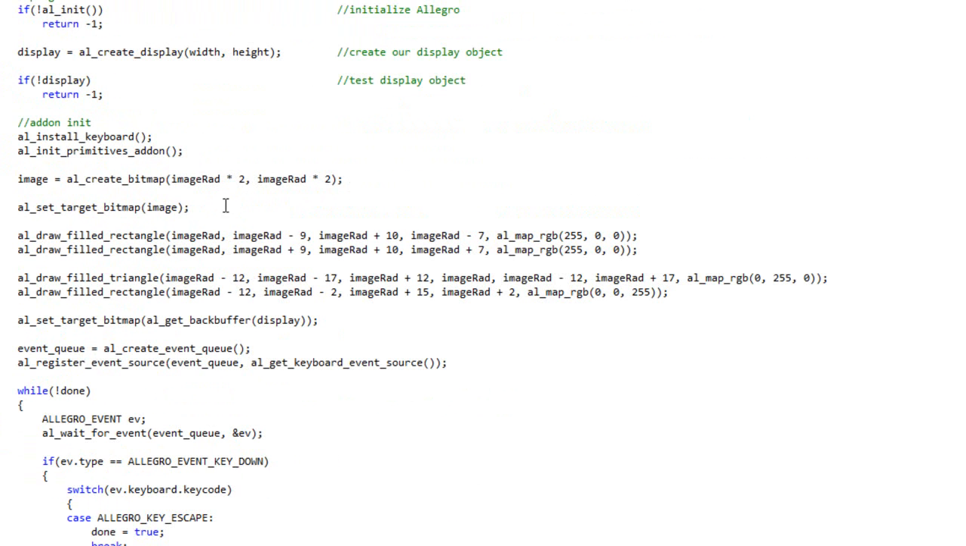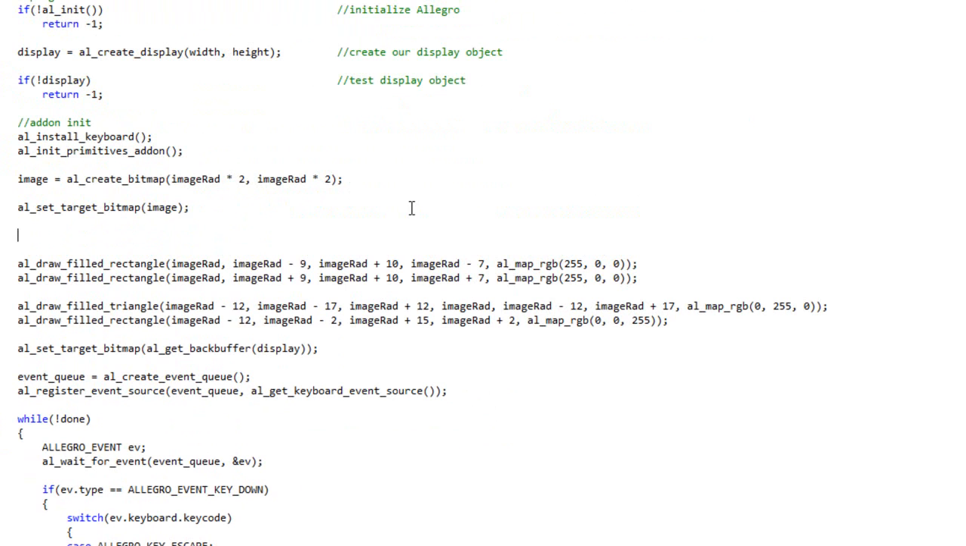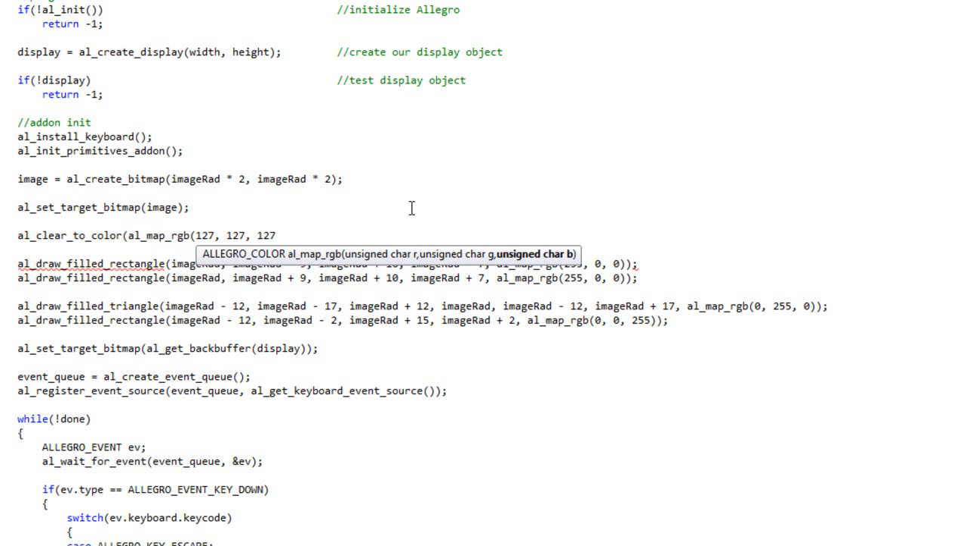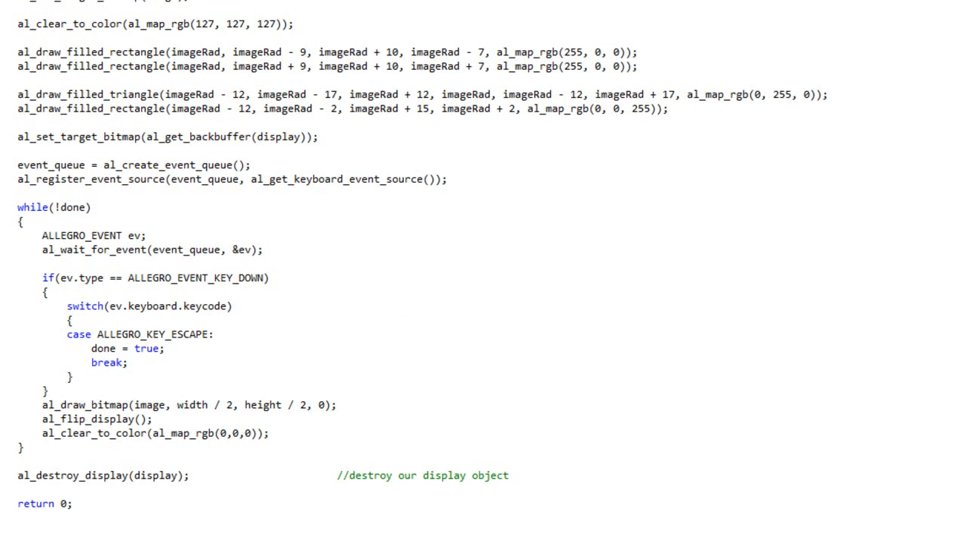What I'm going to do is come up here to right after we set our target bitmap to image, and I'm going to do al_clear_to_color. The reason I'm going to do that is I'm going to color this bitmap a certain color so that you can see the size of the bitmap. So you see that it's actually a solid square bitmap as opposed to just these primitives being drawn. So I will set it to al_map_rgb. Let's do, I'm going to pick a random one here, 127, 127, 127, which will be gray. There we go. So now, when I run this,